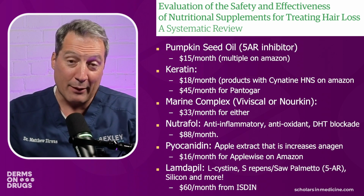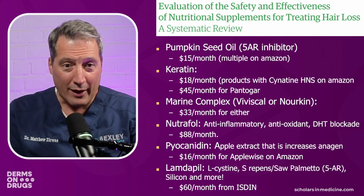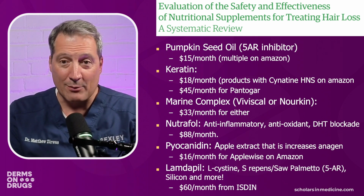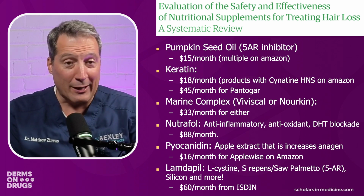I did pick up a couple of things that I'm going to start doing a little bit differently. We've got some evidence that pumpkin seed oil works fairly well as a 5-alpha reductase inhibitor, and we've got some evidence to support pumpkin seed oil. And it's cheap. You can get a decent pumpkin